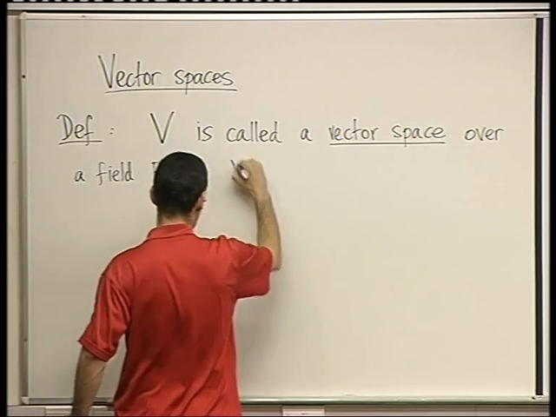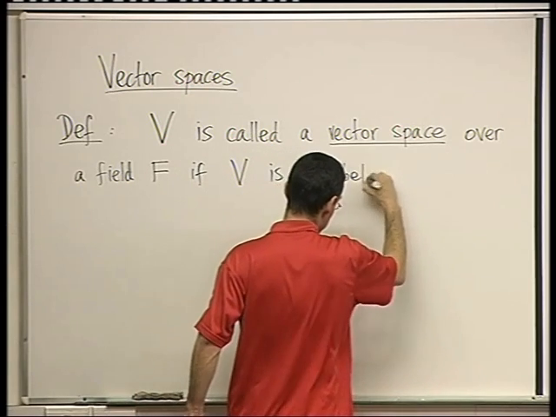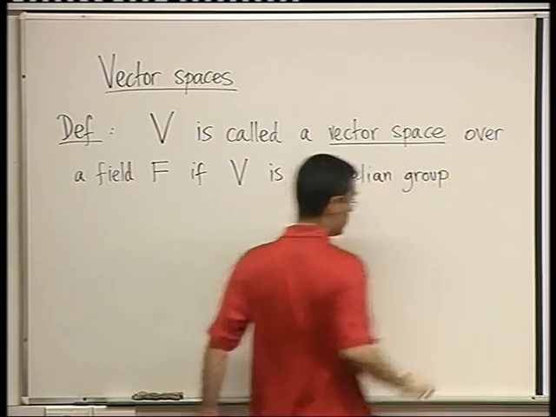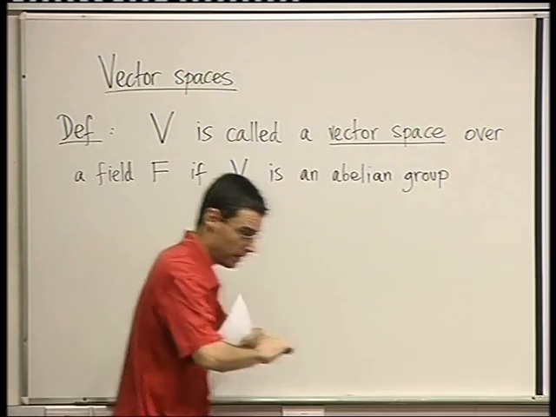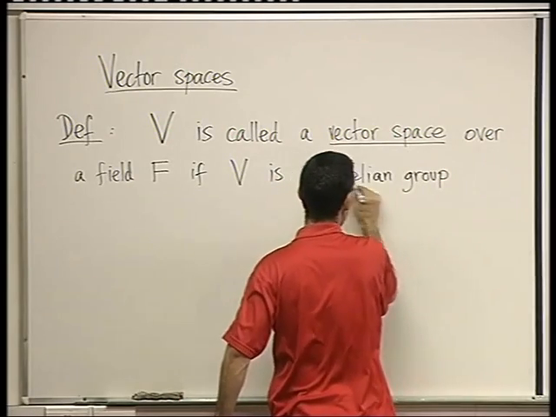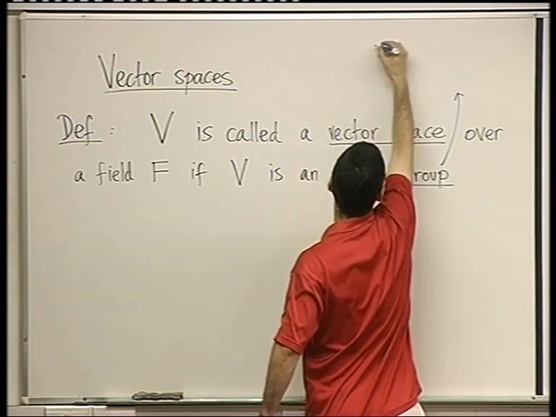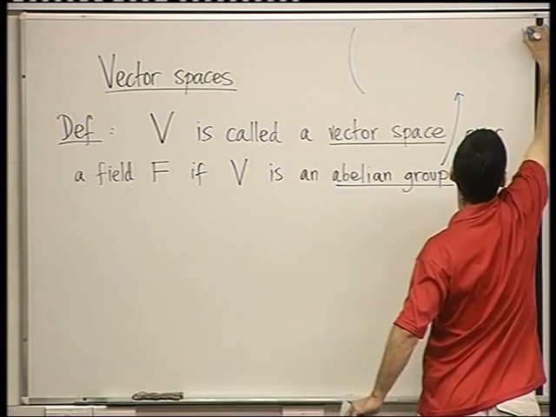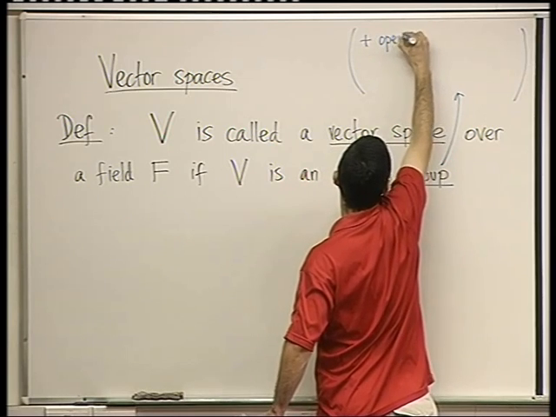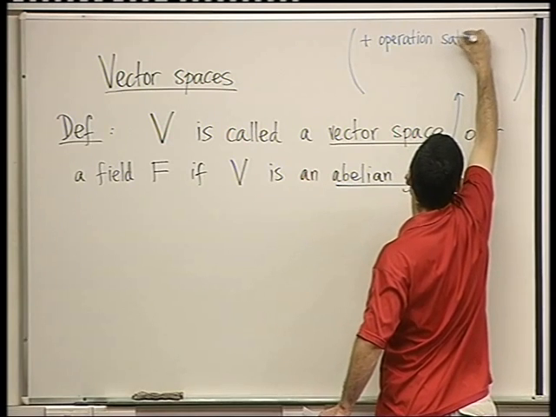If V is an abelian group, and I'm going to remind you now, an abelian group, what this means. So abelian group means that, so this is in parentheses, it's just a reminder, plus operation satisfying